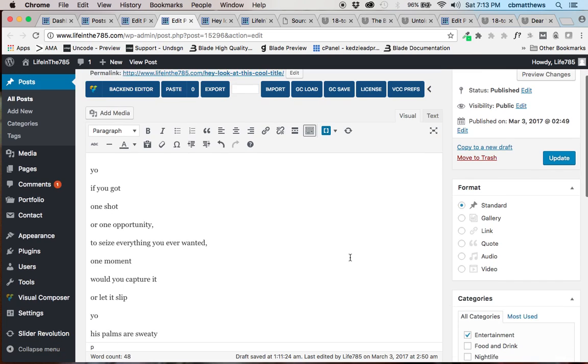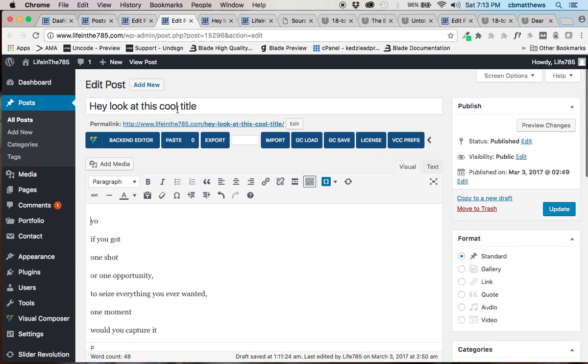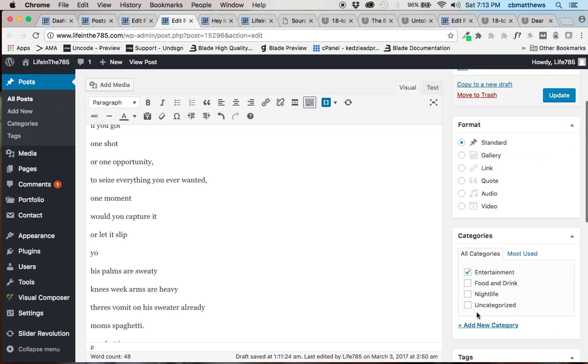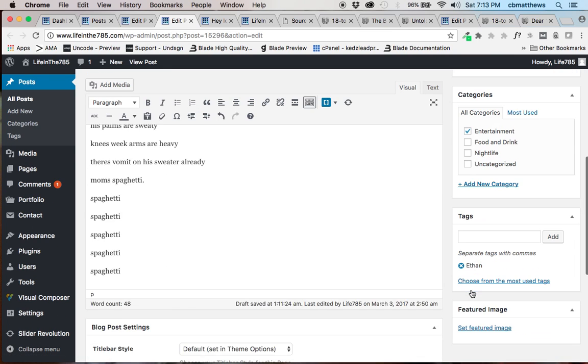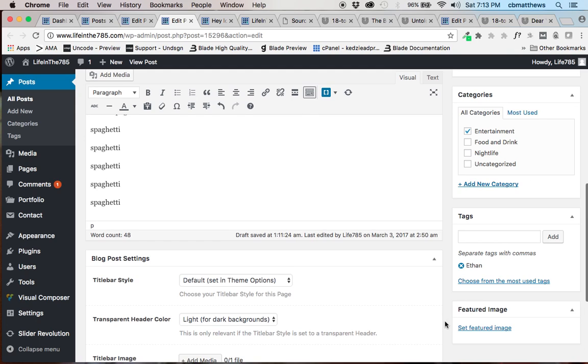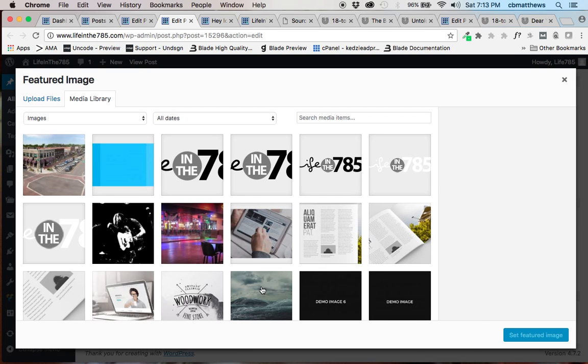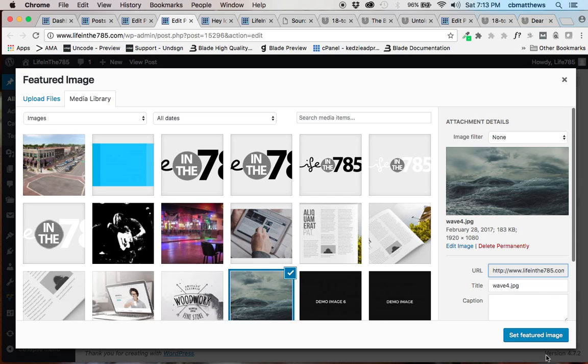And then I'm going to go ahead and go back, and what I should have done on this image is, with the headline, put my text in here, pick standard, pick my category, cool, pick my tag, and then scroll on down here to where I get the set featured image and click on this. And this is where I should add the picture. Click. As soon as it pops up,